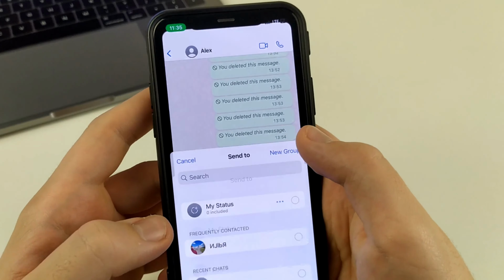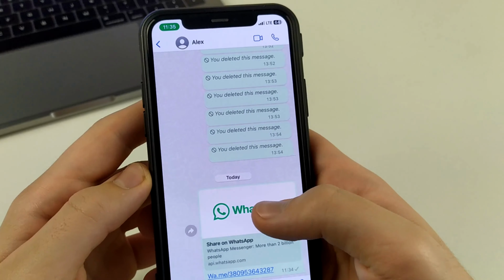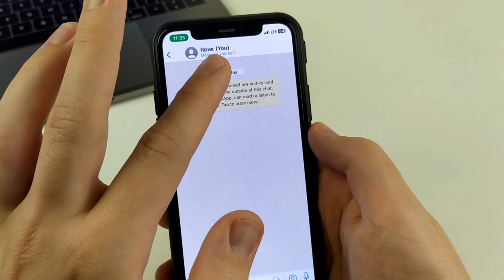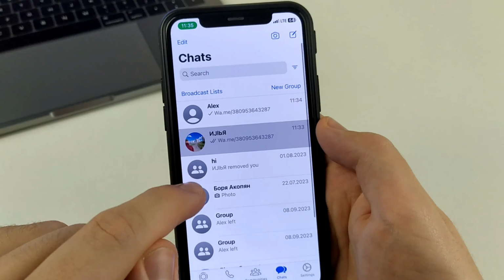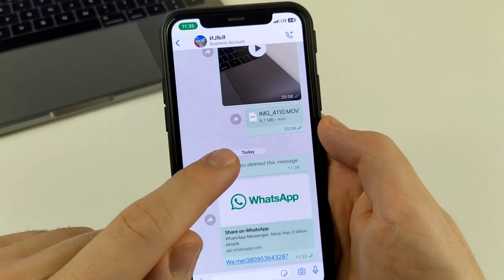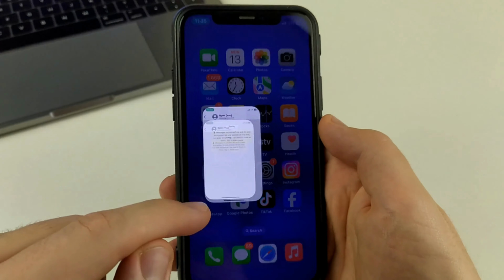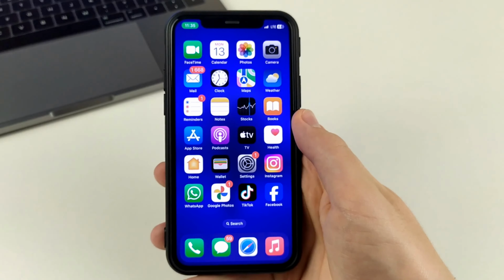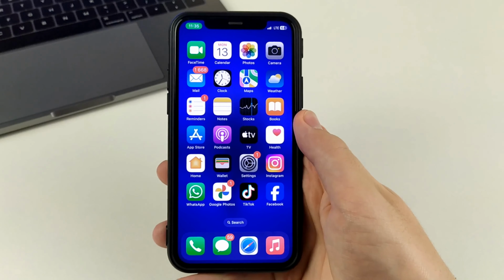And we can get the link. Now we can click on share it. Send it to some user. He will click on it, and it will automatically go to our chat. And then he'll have our account appear. So he immediately clicks on the link, and he goes straight to it. That's how easy it is to get a link to your WhatsApp.